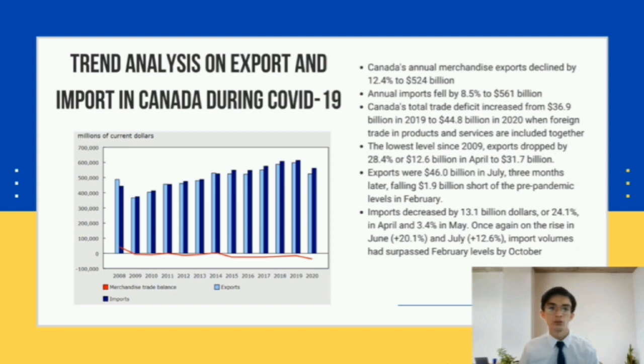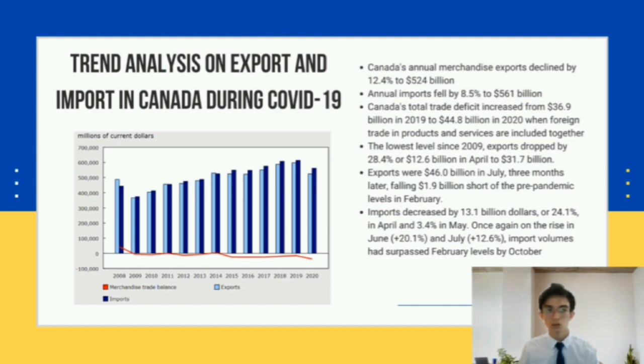Now I'm going to present the contents called the trade analysis on export and import in Canada during COVID-19. In 2020, Canada's annual merchandise export declined by 12.4% to $524 billion due to the COVID-19 pandemic. While annual imports fell by 8.5% to $561 billion, Canada's total trade deficit increased from $36.9 billion in 2019 to